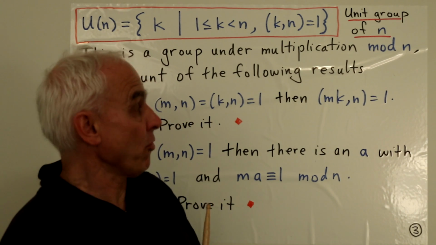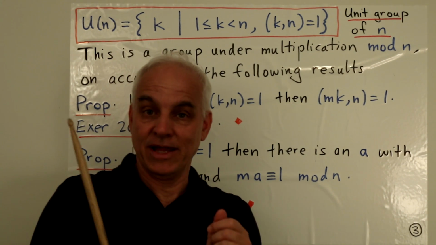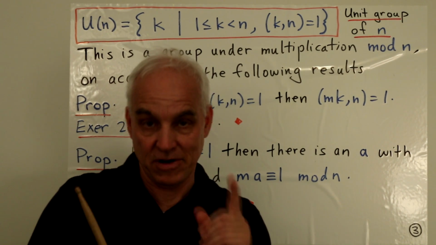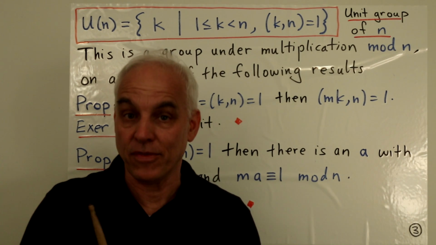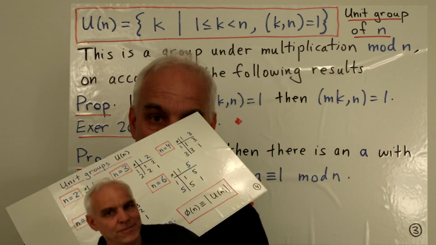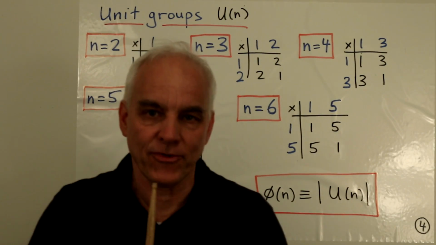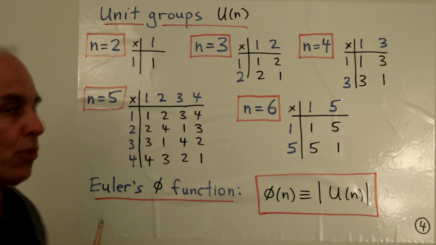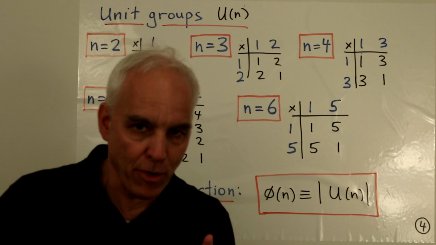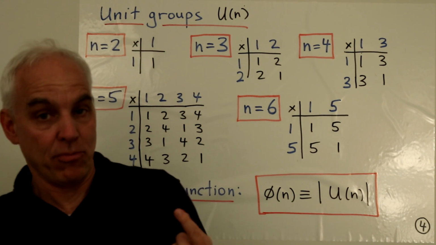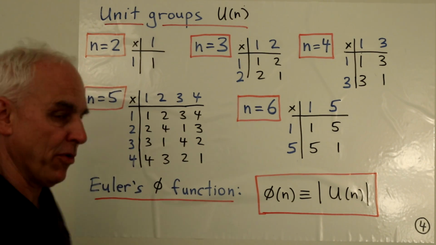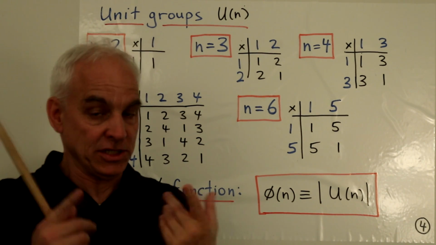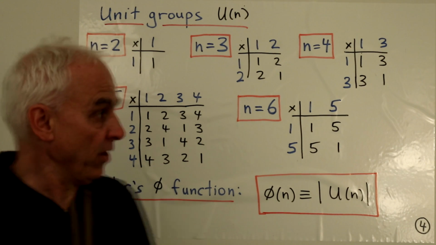And it's a commutative group because multiplication in this context is commutative. That's a very important additional property that these kinds of unit groups have. They are commutative. So let's look at some examples. When n is 2, then there's only one number less than 2 which is relatively prime to 2, which is the number 1. So it's a very simple group. It's a group with one element, and the multiplication is the only thing that it can be. 1 times 1 is 1.